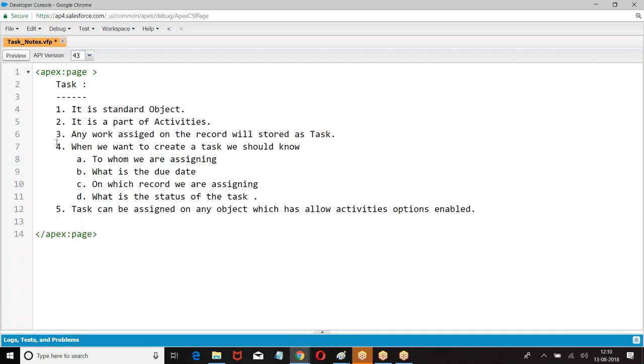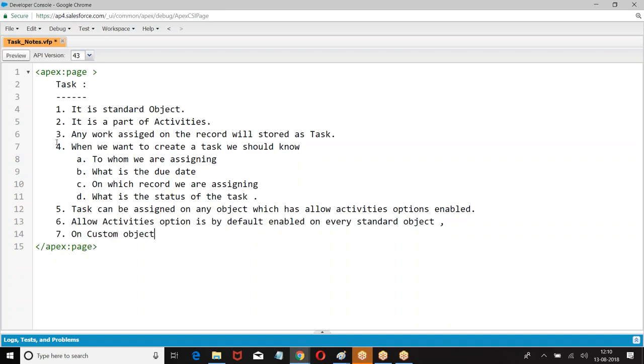This option is enabled by default on every standard object. On custom objects, it is an option.